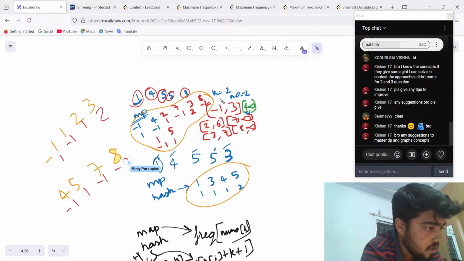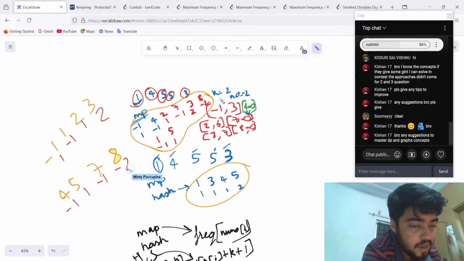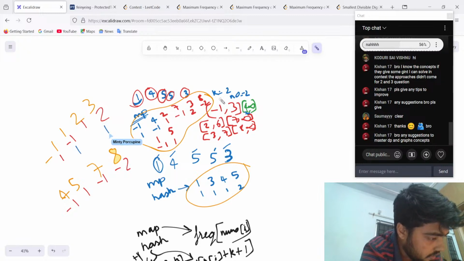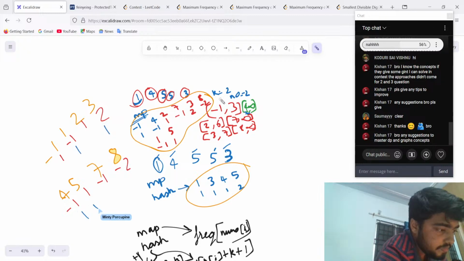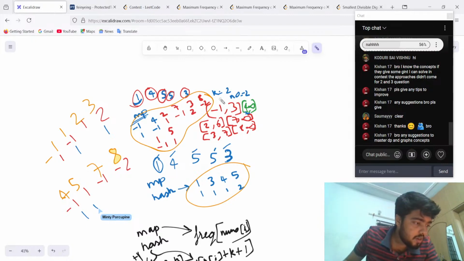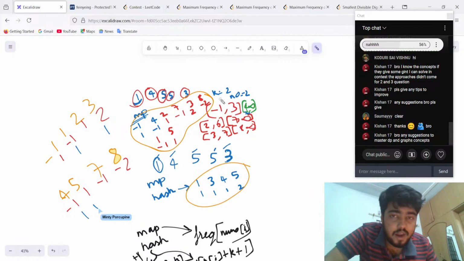And this I am writing as blue for the hash, not the MP. For the hash, that is 1 3 4 5. So everything has 1. Okay? 1 3 4 5. Okay. Now look at the thing. Okay. Now since we are adding the MP, okay. So when we are at -1,